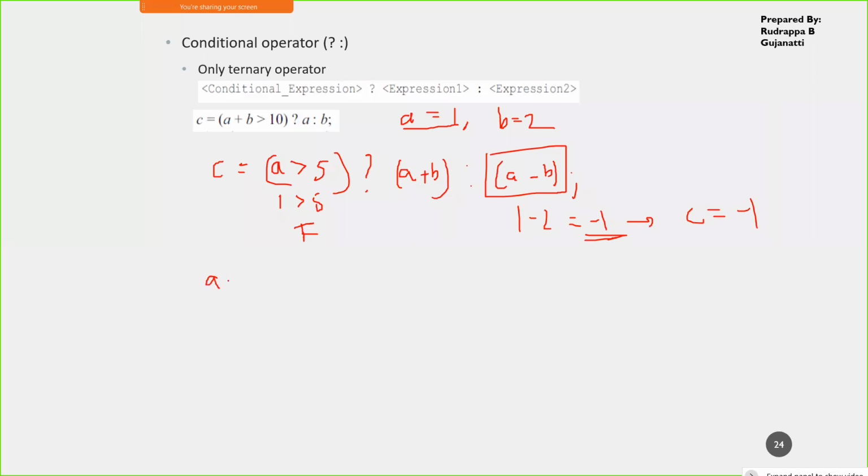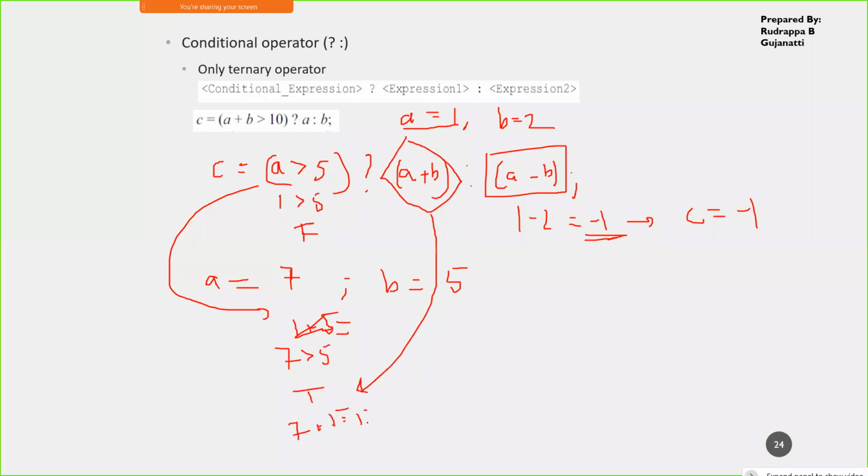Now I'll take another condition over here. A is equal to 1 and B is equal to 5. As per this expression, 1 plus 5 is what? Sorry, I'll take this one as 7. So here we have 7 is greater than 5. Yes, it is true. Therefore, this expression will be evaluated: 7 plus 5, which is 12.